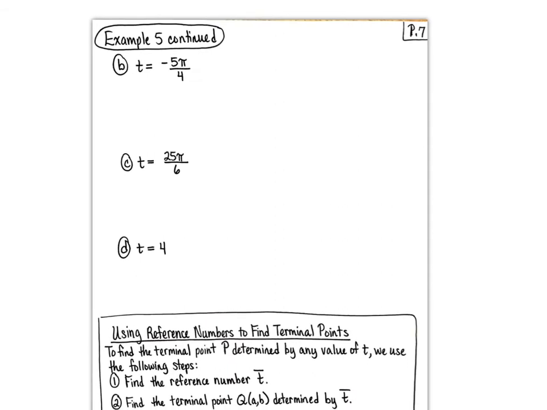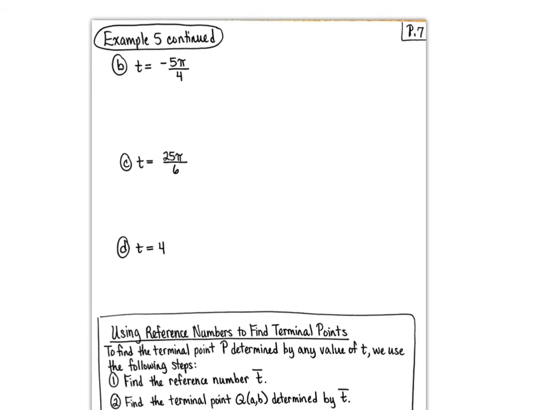Part B, t is equal to negative 5 pi over 4. Negative 5 pi over 4 is in what quadrant? 2. Good. It's negative, so we're going around like this, right? So we're in quadrant 2. So we're using fact what here? 3. Good. Using fact 3,